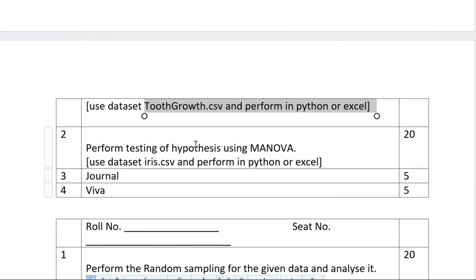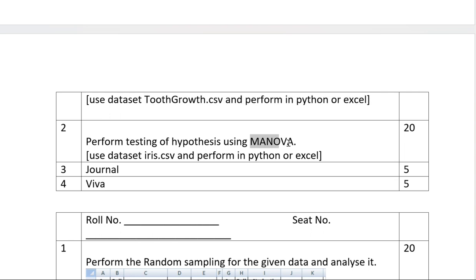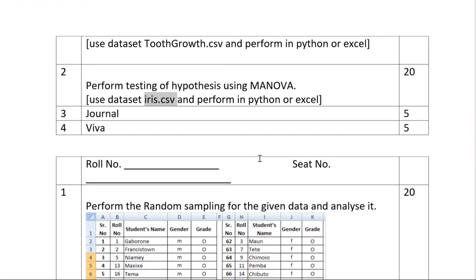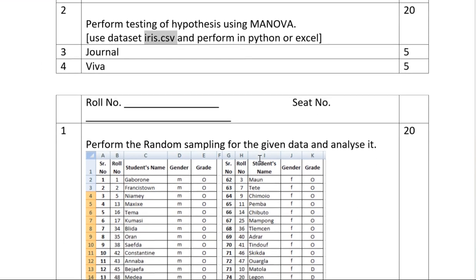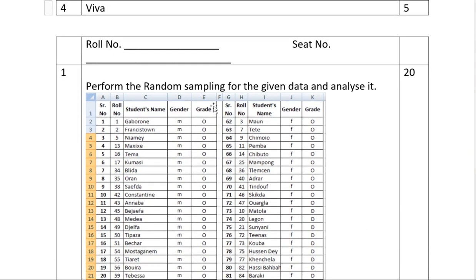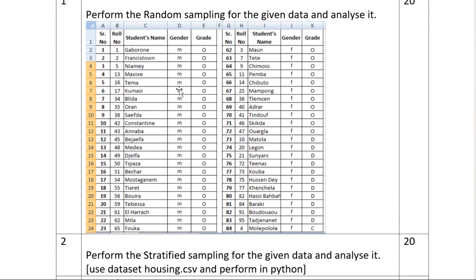Then perform testing of hypothesis using MANOVA. The MANOVA test we can perform on iris.csv. We can write the code or we can perform it in Excel as well, because we have these options in Excel. Then perform random sampling for different given data and analyze it. Here this type of sample data set may be given, or we can create our own data set and then perform the